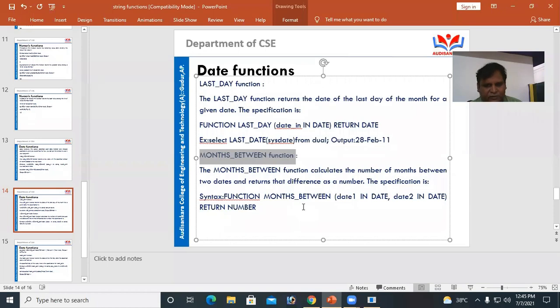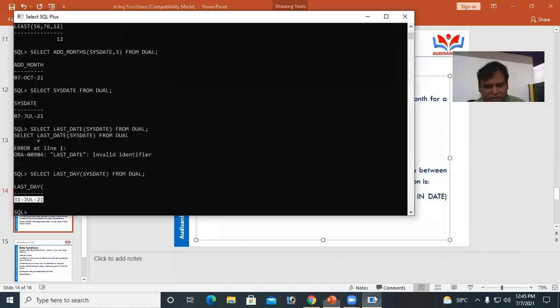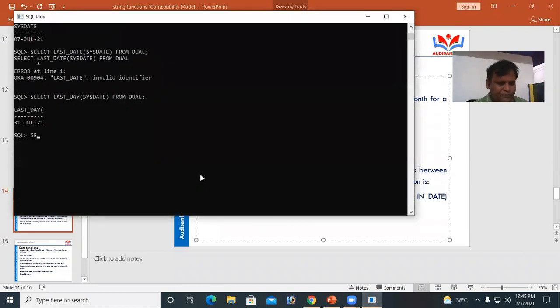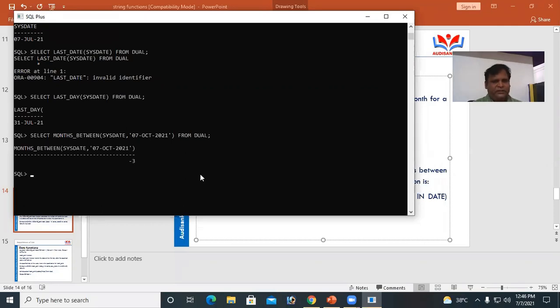SELECT MONTHS_BETWEEN of date 1 comma date 2 from DUAL, it returns a number. SELECT MONTHS_BETWEEN of SYSDATE, which means the current date, to 07 October 2021 from DUAL. The output is 3 months.